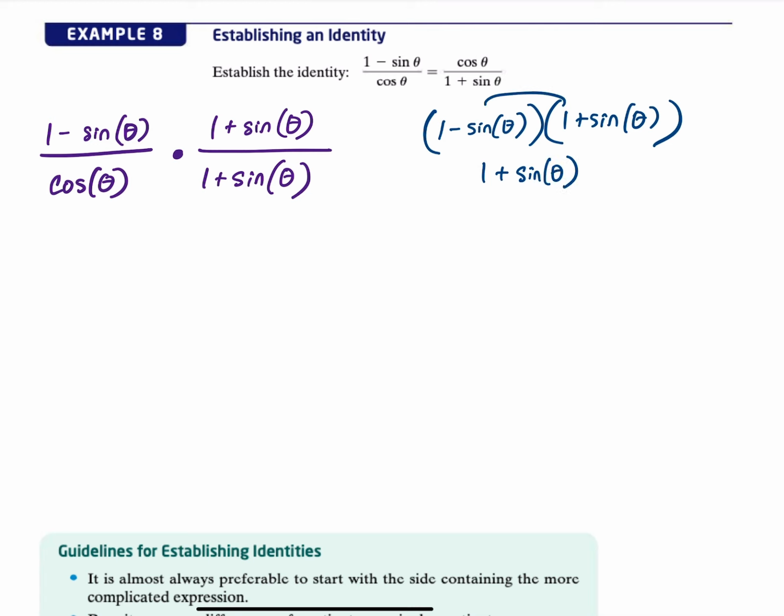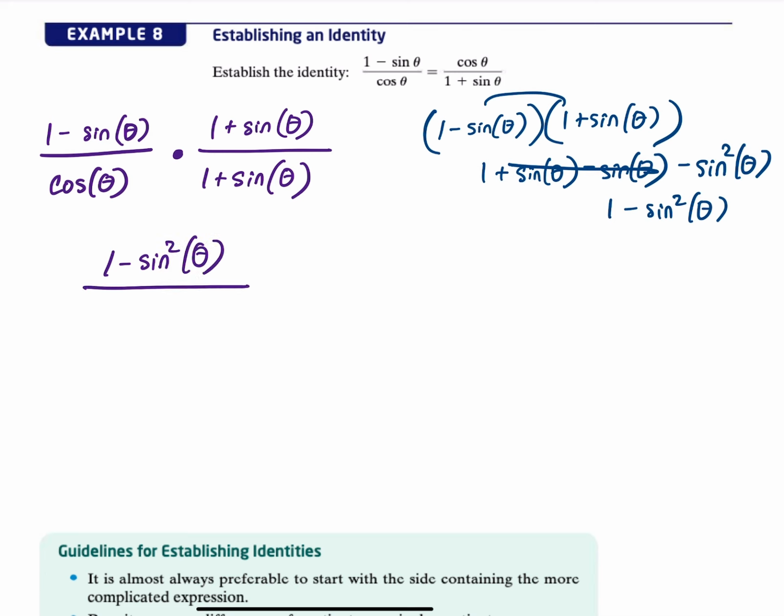Inner terms will give us minus sine of theta, so those will cancel. And then the last two terms, minus sine of theta times positive sine of theta, will give us minus sine squared. So those cancel, and it reduces to 1 minus sine squared. So that should be our new numerator, 1 minus sine squared theta,